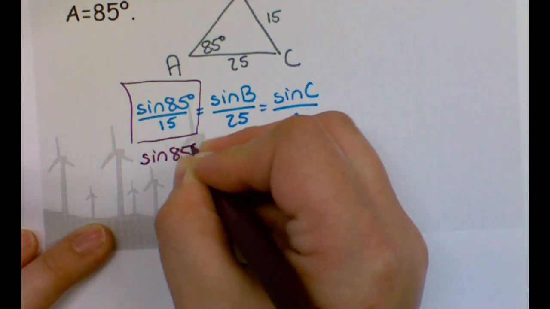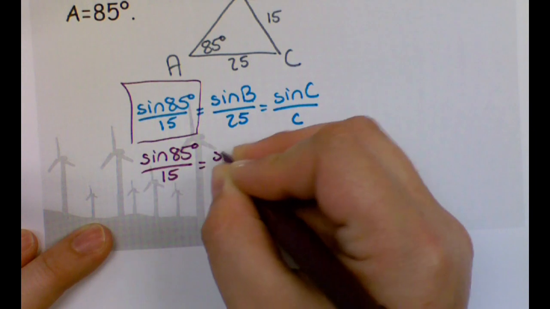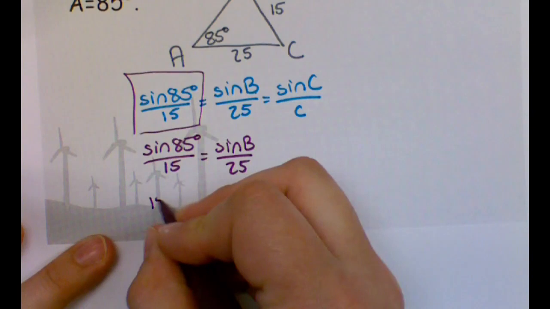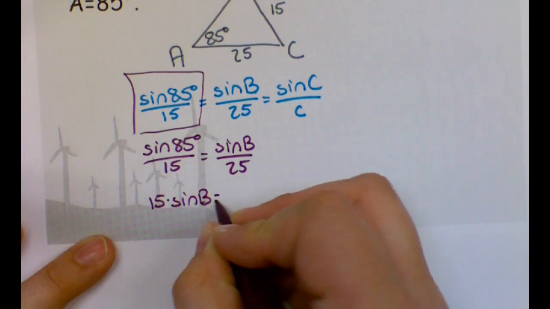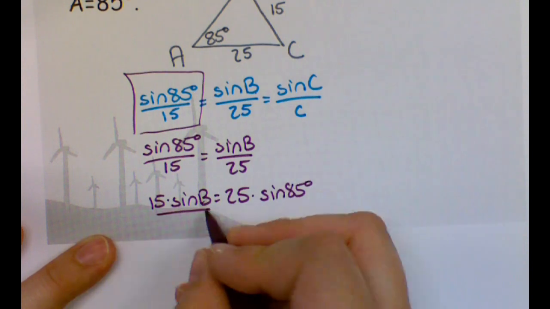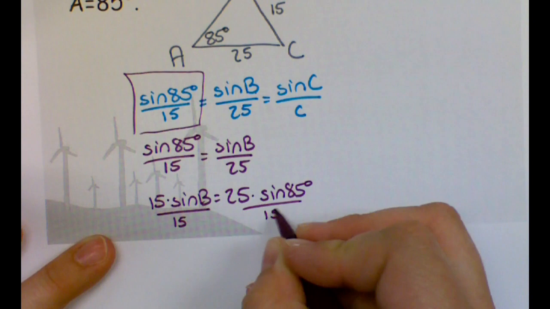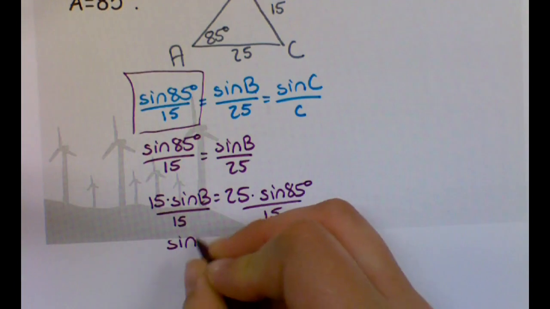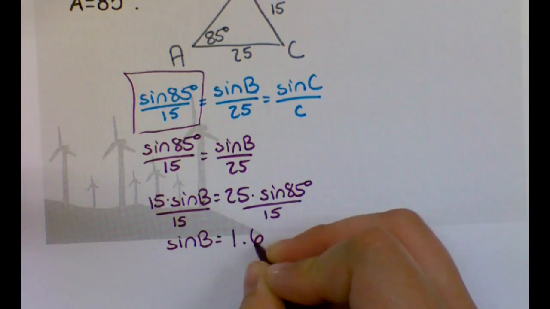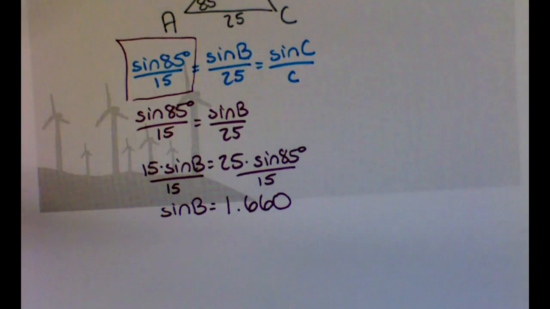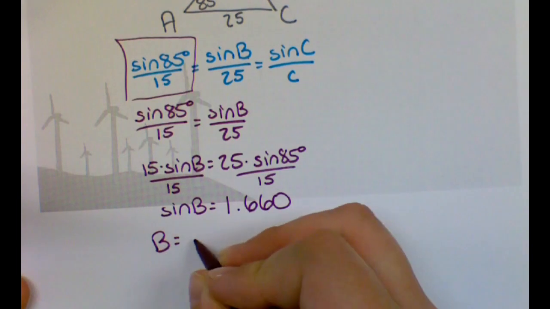So I'm going to ignore that third fraction. And I'm going to cross multiply. 15 times the sine of angle B equals 25 times the sine of 85 degrees. I'm going to divide by 15. 25 times the sine of 85 degrees divided by 15 tells me that the sine of B is about 1.660. All right, well, that's not the answer yet because I want actual B. So to get B, I would do arc sine